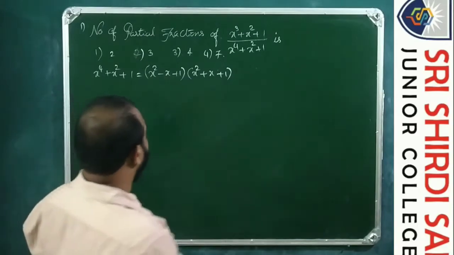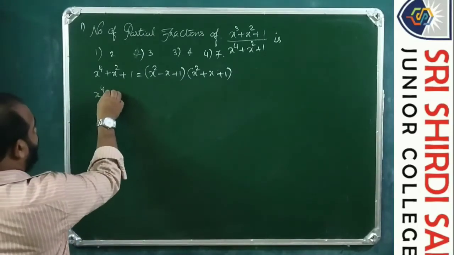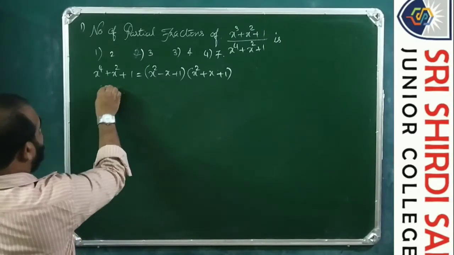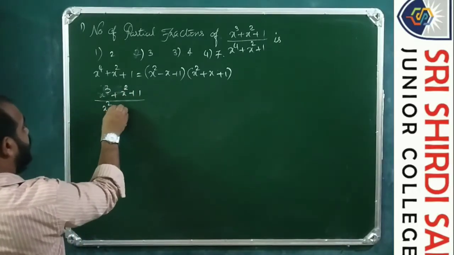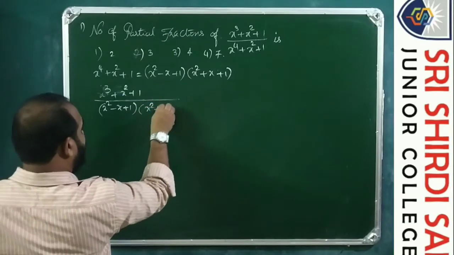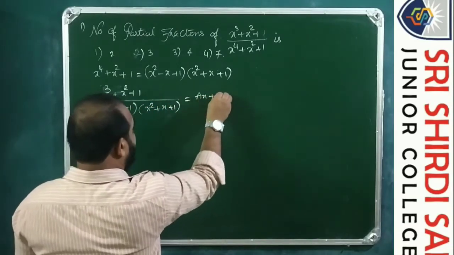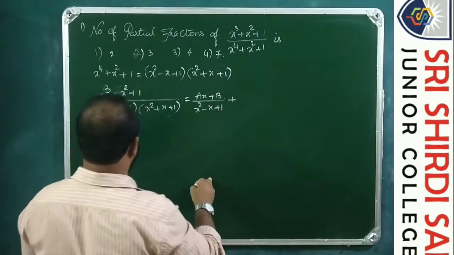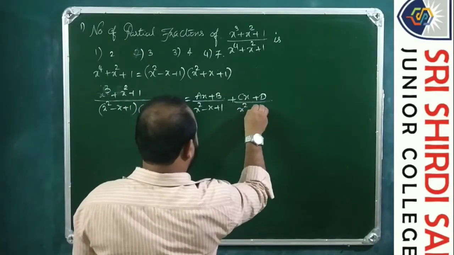So x cube plus x square plus 1 by x square minus x plus 1 into x square plus x plus 1 is equal to ax plus b by x square minus x plus 1 plus cx plus d by x square plus x plus 1,